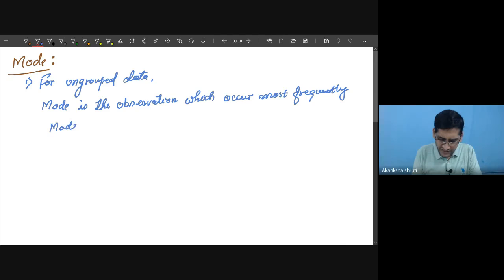Means the mode is nothing but the most frequent data,